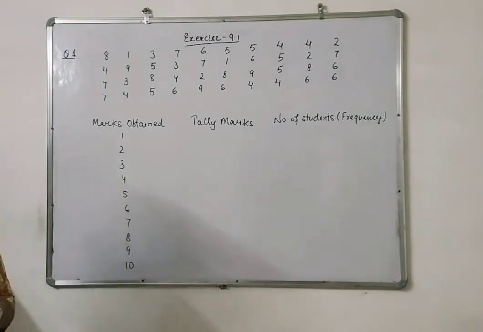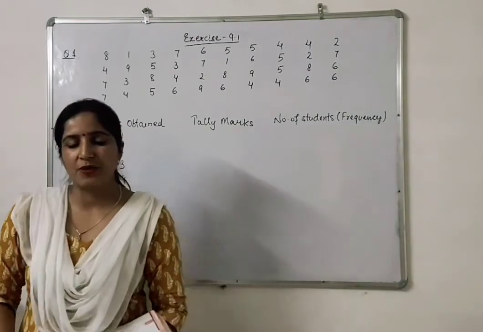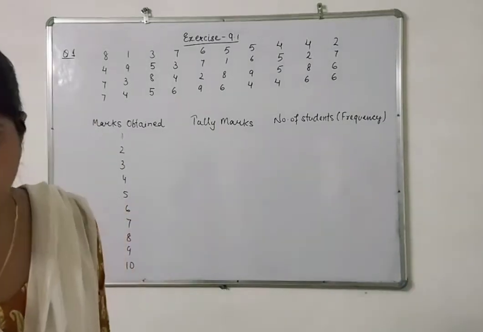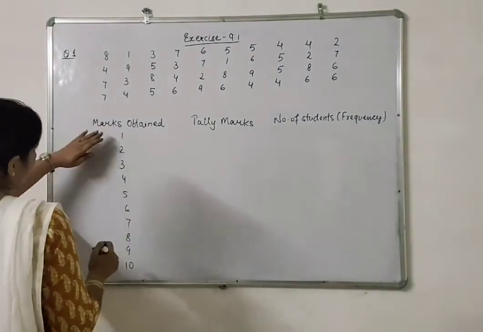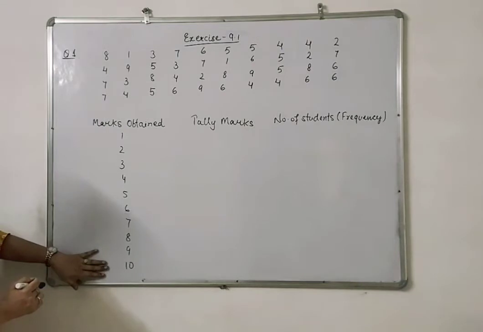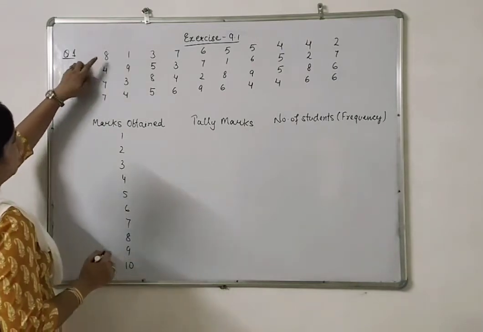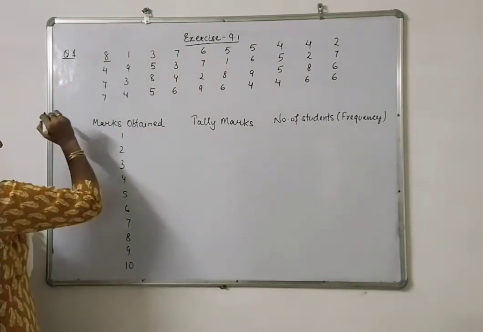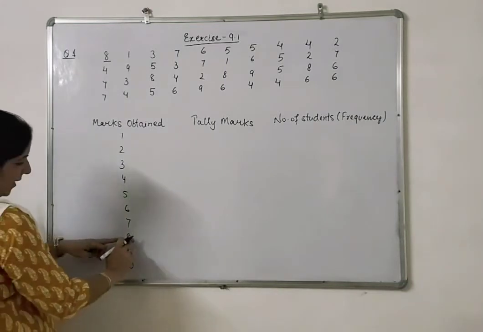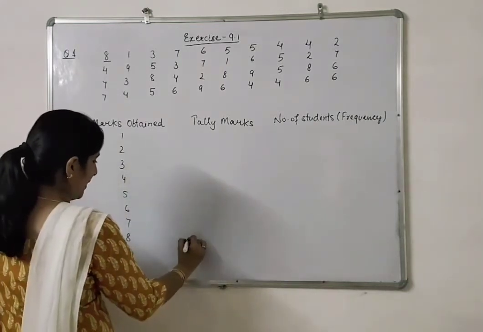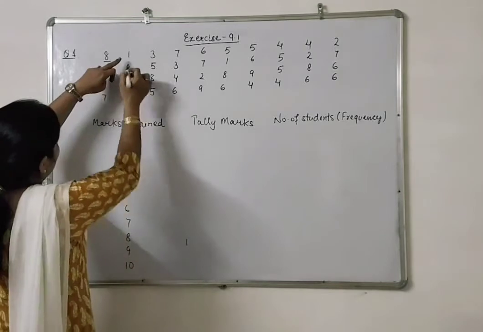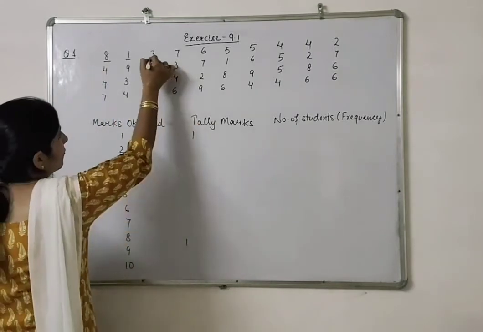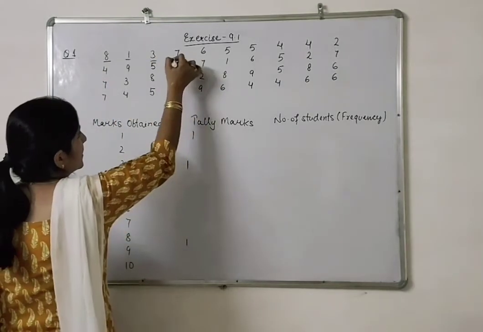So how can we do that? It is on a similar basis as we have discussed in one example. So let us start. These are the marks 1 to 10. And now we need to start from the very first mark, that is 8. So for 8 marks, we need to put the tally mark in front of 8. Then 1, 3, then 7,